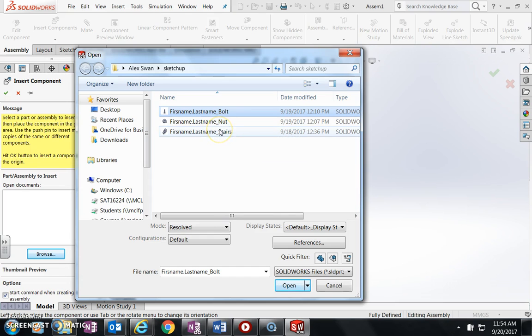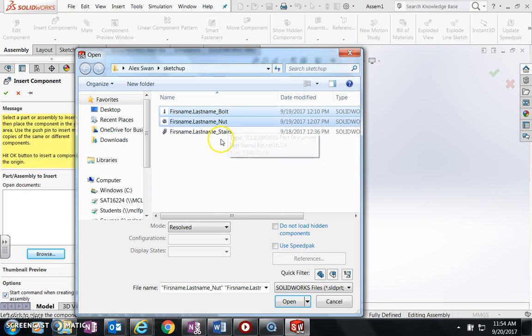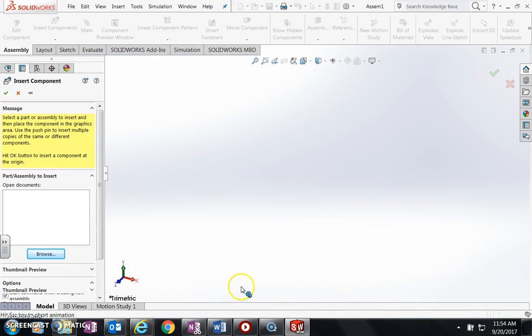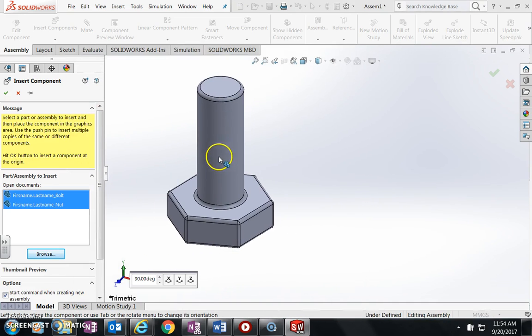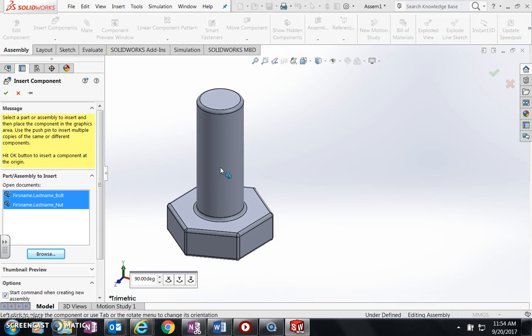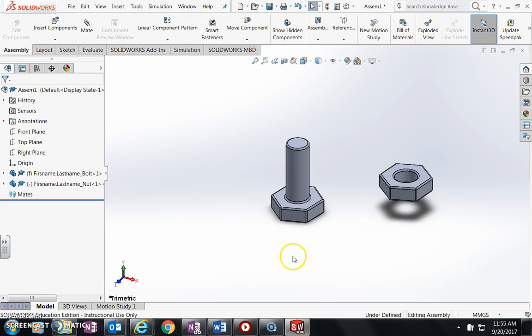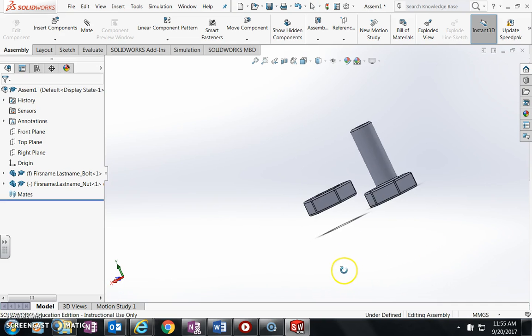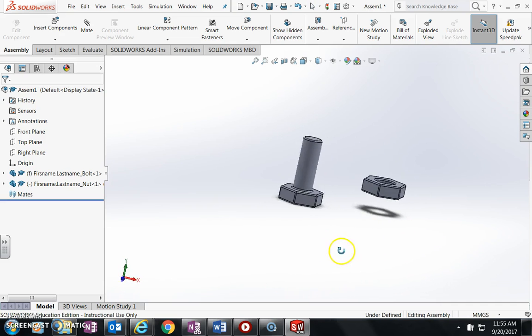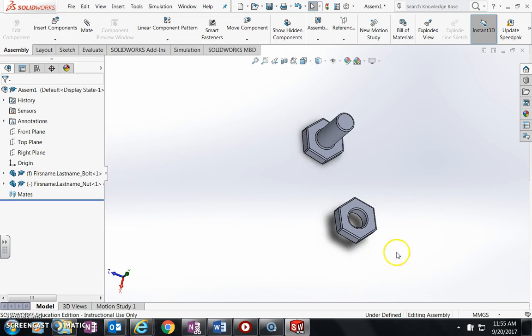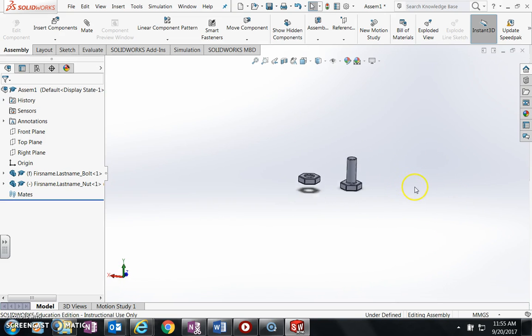So I'm pressing control on my keyboard, and that allows me to select multiple files at the same time. So select both of those and open, and then it will let you come into the graphics area and click to drop your objects or parts or components. And so there they are, and you actually have some space defined now because you have multiple objects. All right,